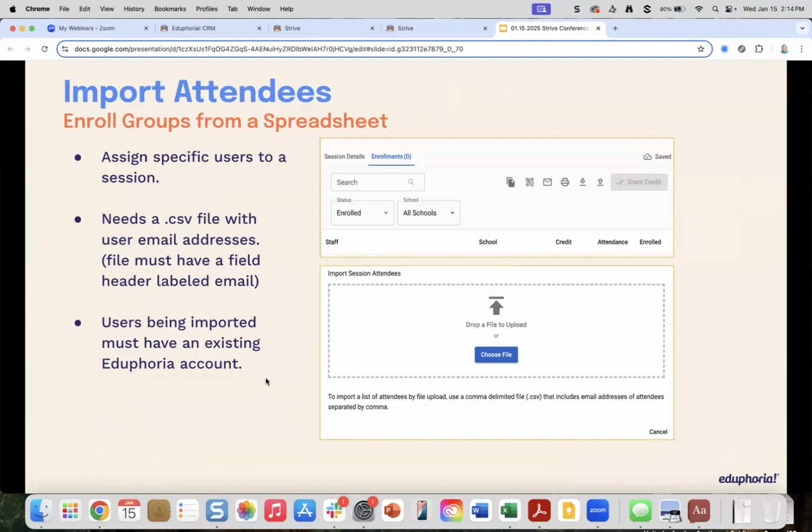Another new feature is that you can import attendees. So this is another way to get people into your sessions. They can always register for the conference and then enroll themselves in sessions, and you can create learning tracks. We'll talk about those in a minute to help them find your sessions. But if you just want to say, okay, all assistant principals are required to come to this session, then you